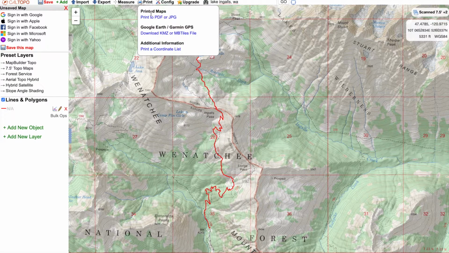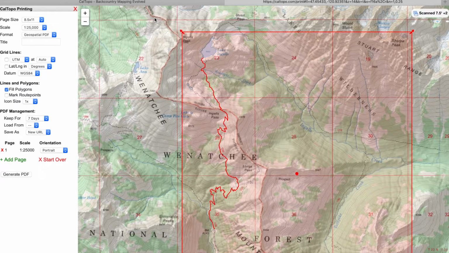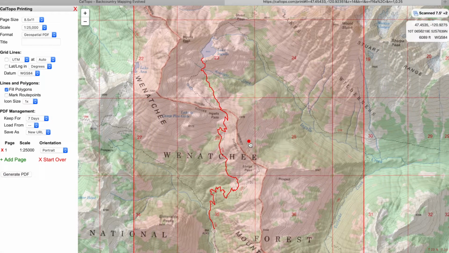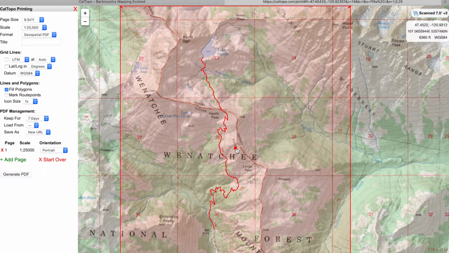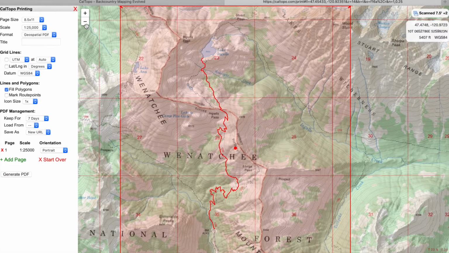Let's go right into printing a PDF or a JPEG. Now, we are going to print a PDF. I prefer working with those than I do JPEG. See this red box? If I grab that red dot that's in the middle of the red box, I can move that red box. I have 8.5 by 11 I'm going to print to. You can choose a number of different scales. Let's zoom out just a tad. I'm going to choose 1 to 25,000